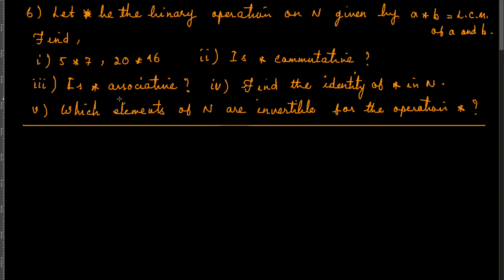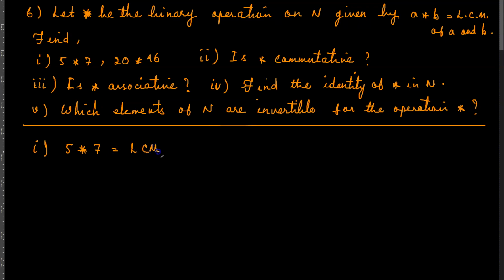Okay, so next we will talk about example number 6, and in the previous video we talked about the concept of LCM. We now understand what LCM is. So the question is, let star be the binary operation on N given by a star b is equal to LCM of a and b. For part 1 of this question, you want to calculate 5 star 7,